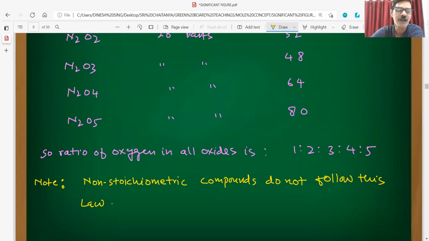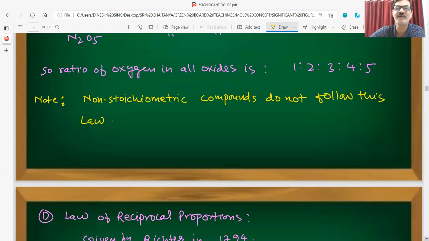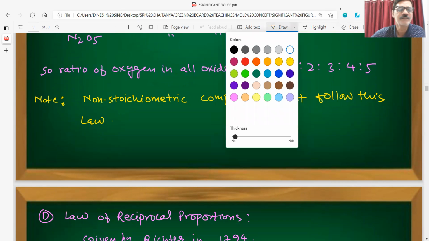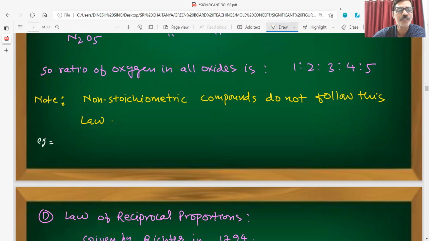Similarly, you can also note this thing. Non-stoichiometric compounds do not follow this law. That is, for example, what are non-stoichiometric compounds? Here, for example, FeO and Fe2O3. So, if we consider the amount of oxygen is varying,